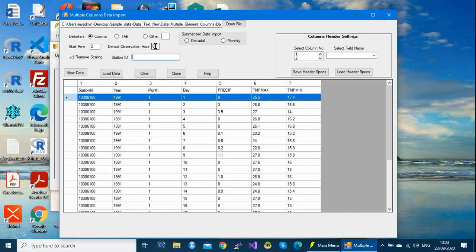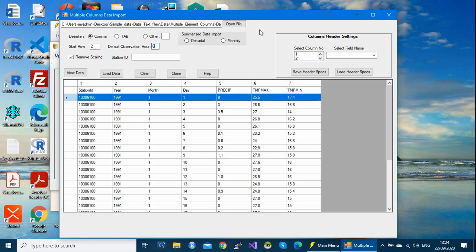By default, our data will be given this hour. This is daily data observed as 06. In case your hour of observation of daily data is different, like 9 for countries like Mozambique and others, you can change this. But in my case here it is 06, that means 06 GMT. So the next step now is to put in our headers to match.